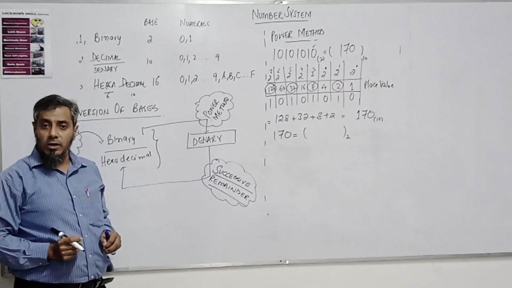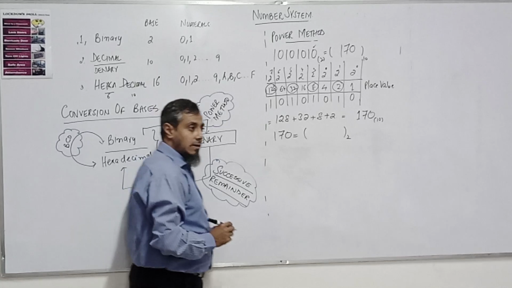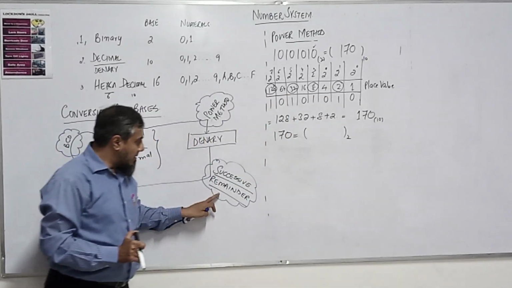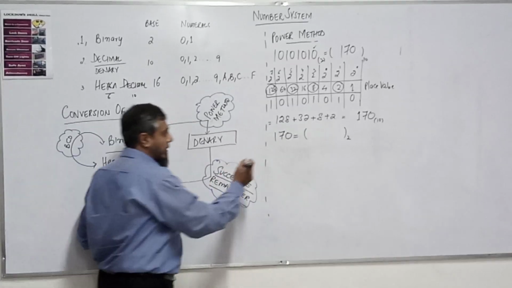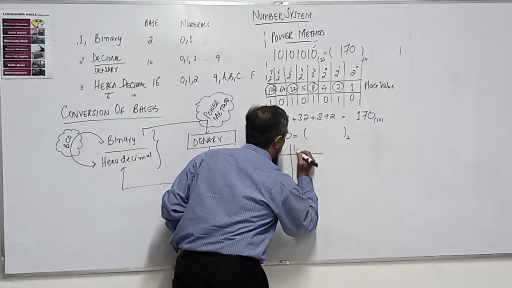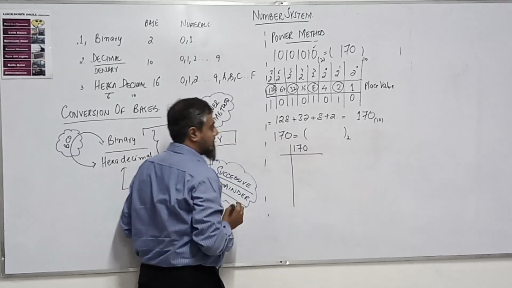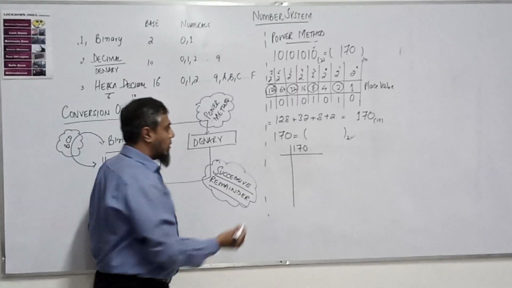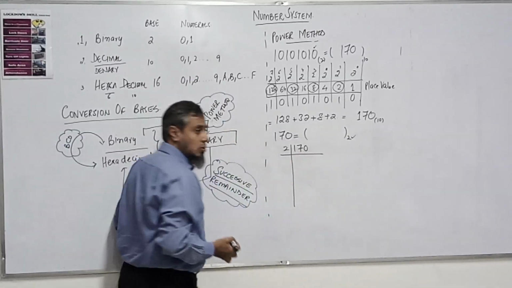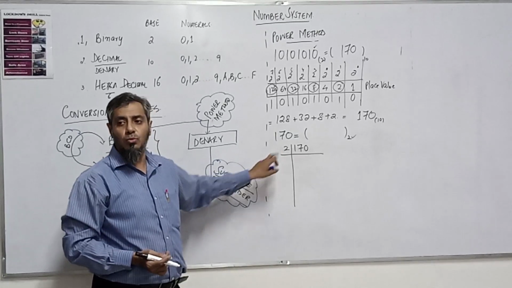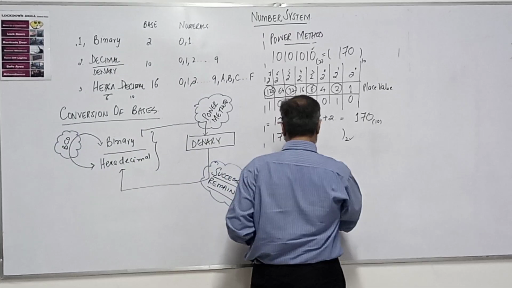So now we'll use the successive method, and this successive method is also called the remainder method. What we can do is use this division method and record the remainder as well. In what base do we want to convert? We want to convert to base 2. So we'll keep dividing until the value is less than 2. So I'm starting it.